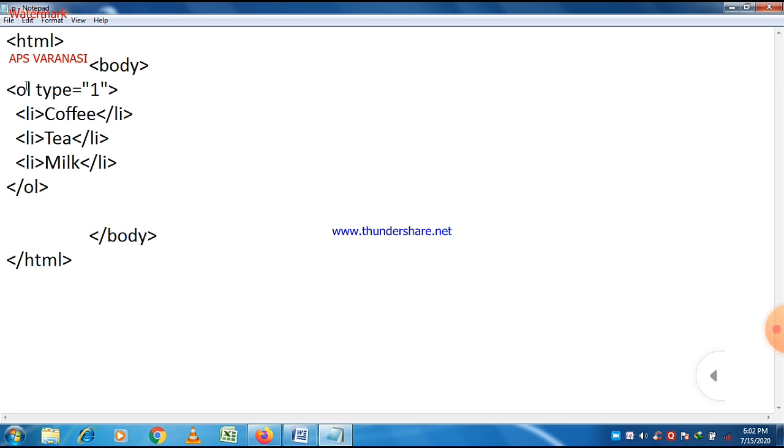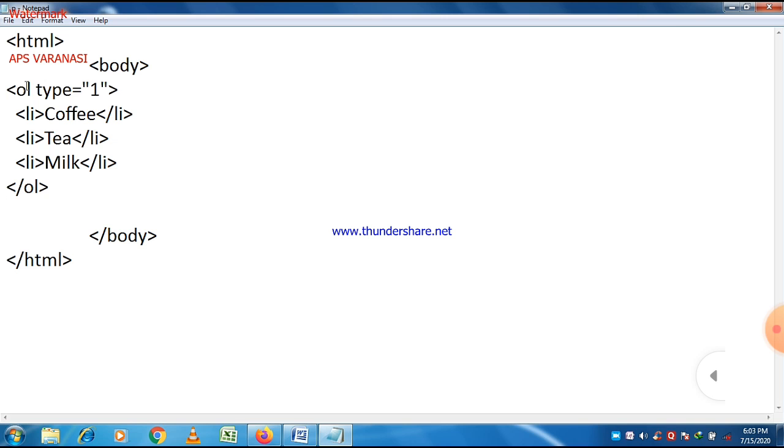But in unordered list there is marking using symbols, circle, disk, etc. We can study the different types of unordered list in our next lecture, but today our focus is to understand all about ordered list.